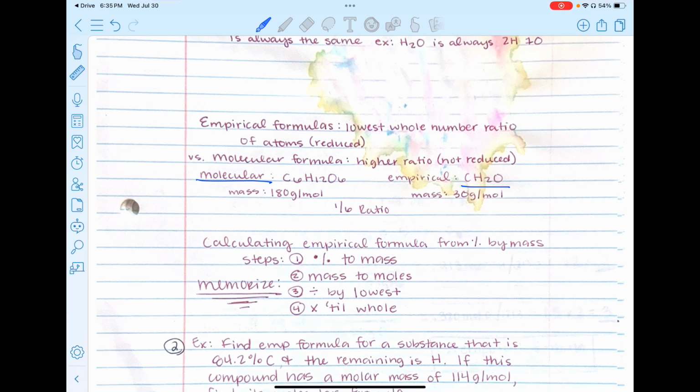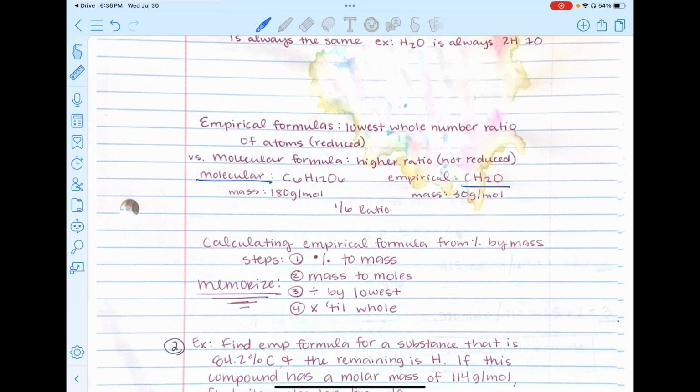Well, first things first, the mass of the molecular formula, which is the higher number in its unsimplified form, we would obtain by multiplying the number of each atom by its mass. So for example, we have 6 carbons, so we're going to take 6 and multiply it by carbon's mass of 12.01. We do the same thing for hydrogen, same thing for oxygen, and we get a total of about 180 grams